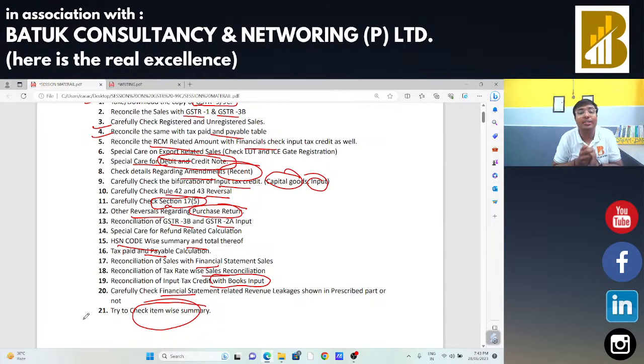The same is reflected in GSTR-2A. For financial years 17-18 and 18-19, there is a specific circular issued by the department. In that case, you may take the CA certificate if the invoices are not reflected in the GSTR-2A, because at that time the form GSTR-2A was not available. So, in our today's session,